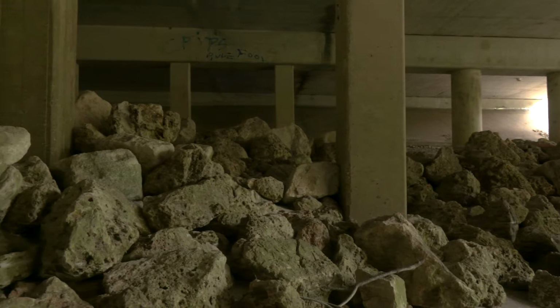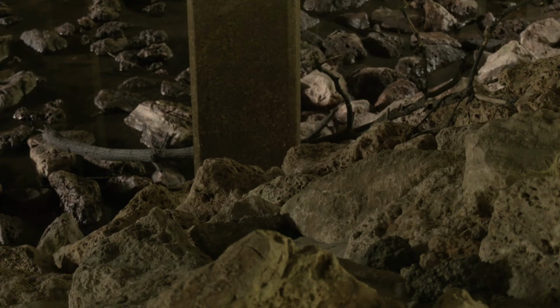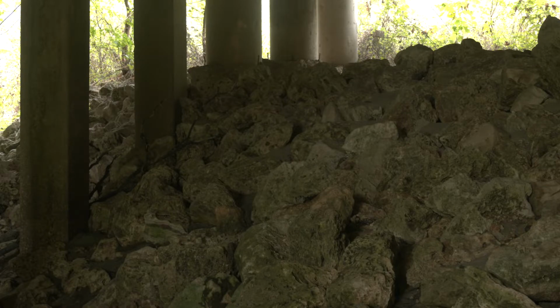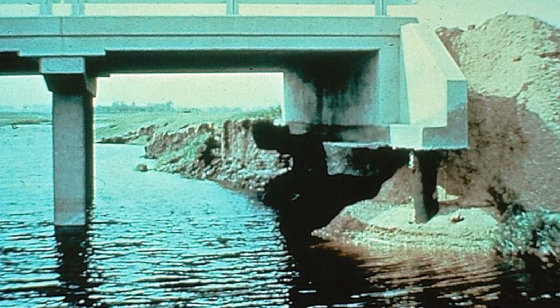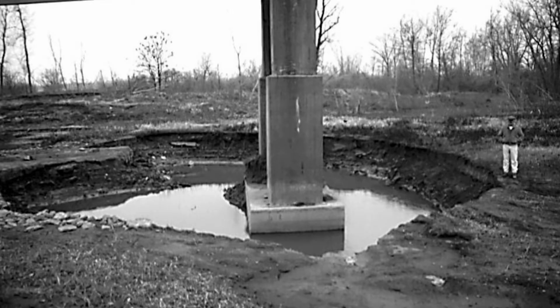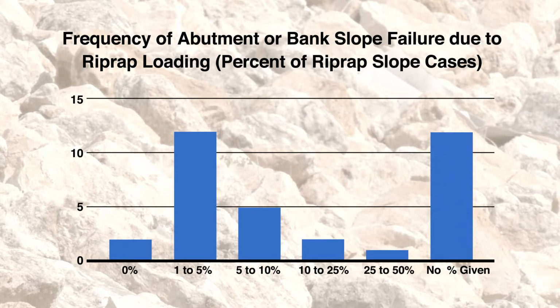To prevent soil and sand erosion around bridge foundations, it's common practice to place stone riprap on bridge piers or abutment slopes. Even so, scour is the major cause of bridge failure. Case histories and surveys conducted as part of this project indicate that in about 5% of the cases, riprap-covered slopes